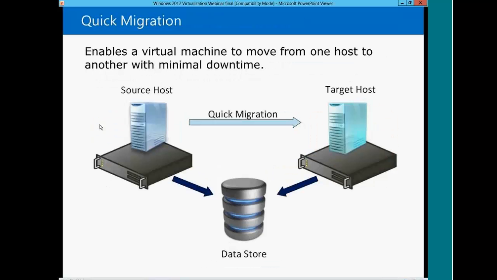There was an older mechanism called quick migration. Basically, it put the machine into a saved state, copied it to the other machine, and then brought it back up again. And it again required a shared store. Live migration itself no longer requires a shared store. So I can do that directly through an SMB location,